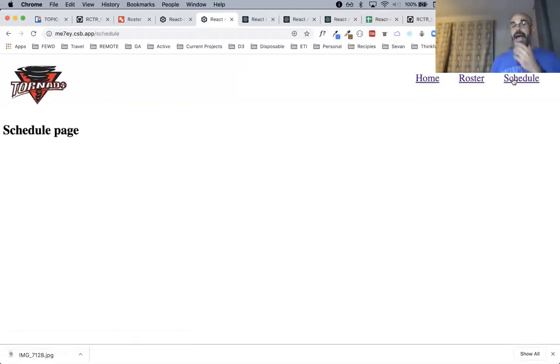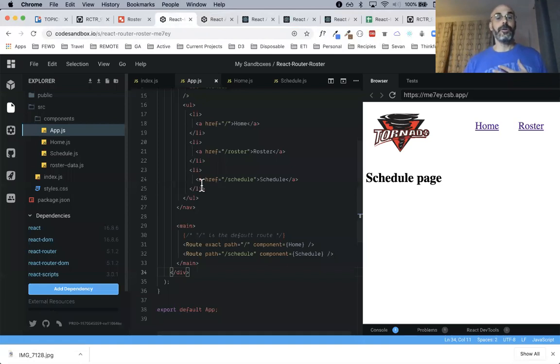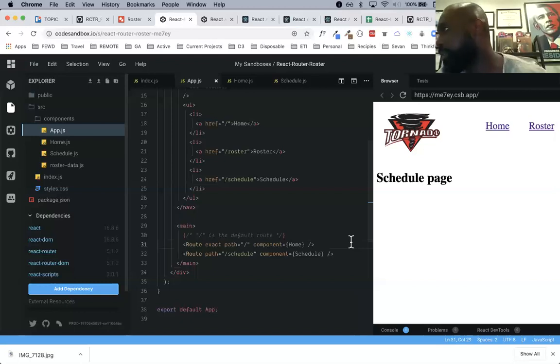What we're telling React is render this path only if it exactly matches. Don't render it if it doesn't match exactly. It just has to be a /. It can't be anything with schedule or roster or anything. It can only be a /, and that's what we're doing. Okay? And exact is a keyword? Exact is a keyword. Yeah.